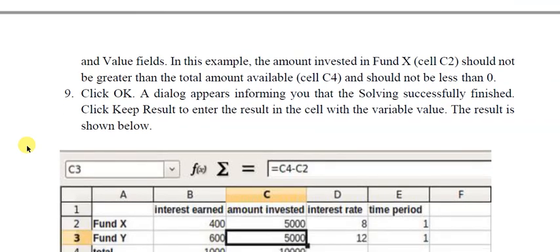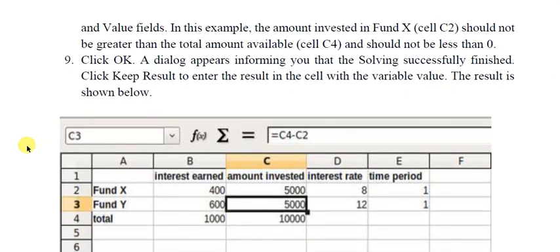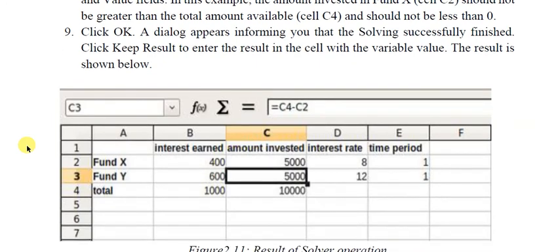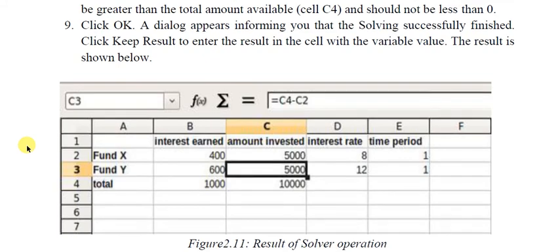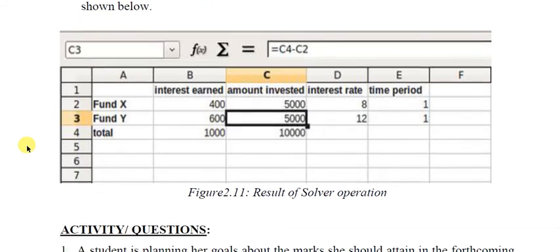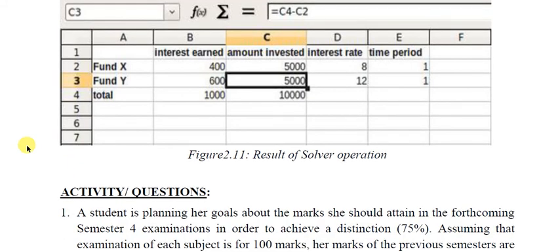So when you apply this condition, then you will click OK. And when you change the variable cell, that amount invested in fund X, you will get the result of this solver operation.